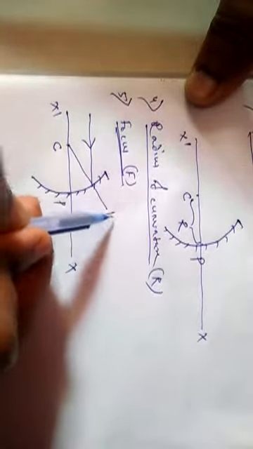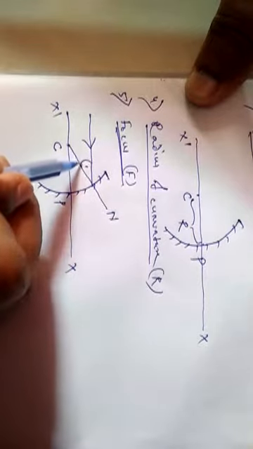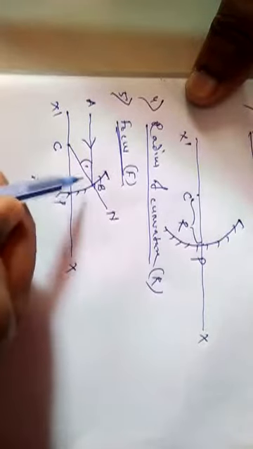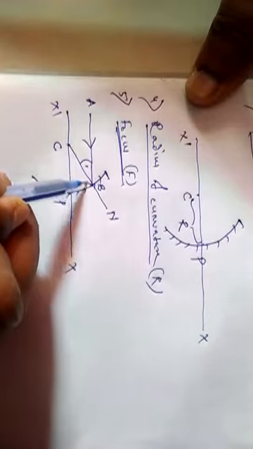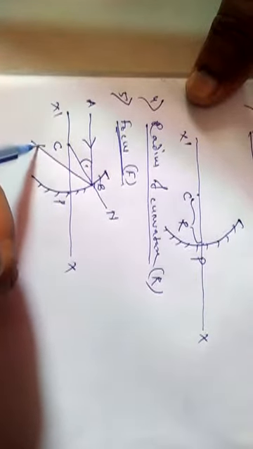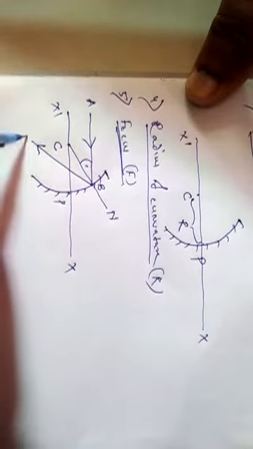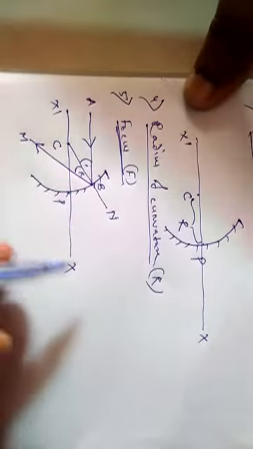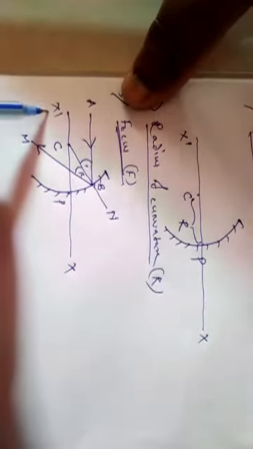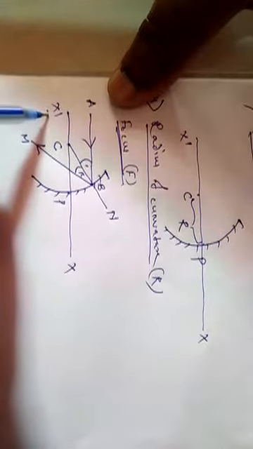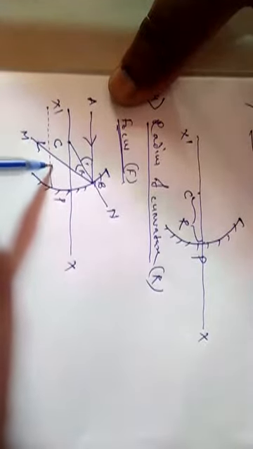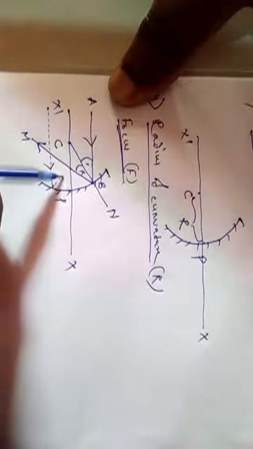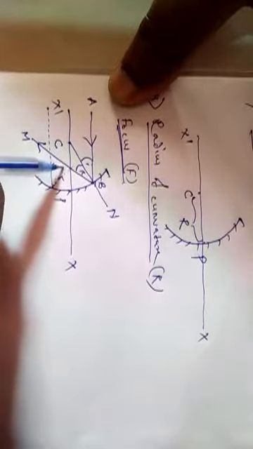This is normal. CN is normal. This is angle of incidence. AB is called incident ray, and this is the reflected ray. BM is reflected ray. This is angle of reflection R. If you take another light ray that goes parallel to principal axis, similarly after reflection it passes through this point, and this point is called focus.